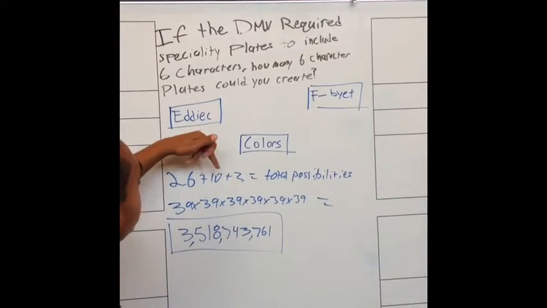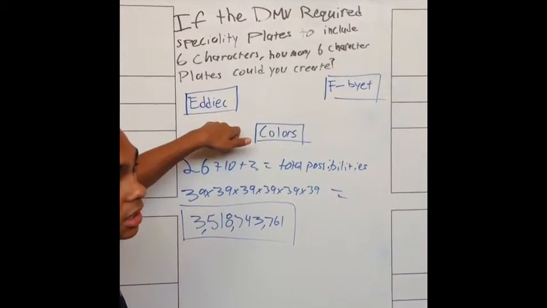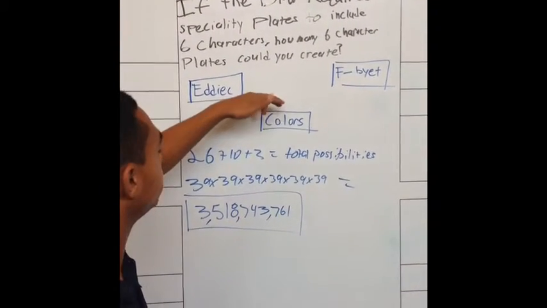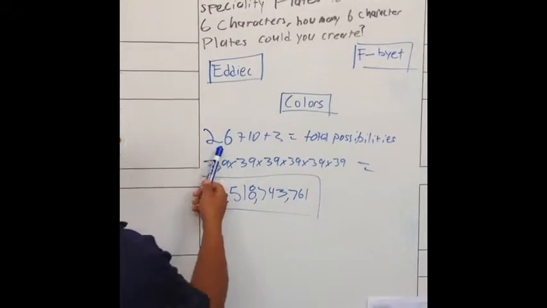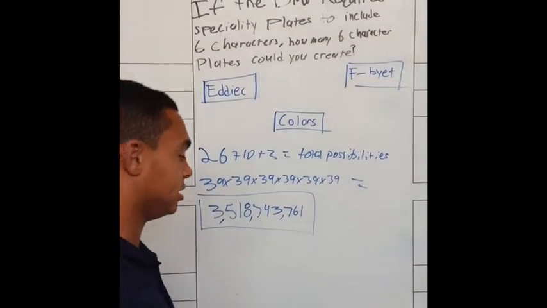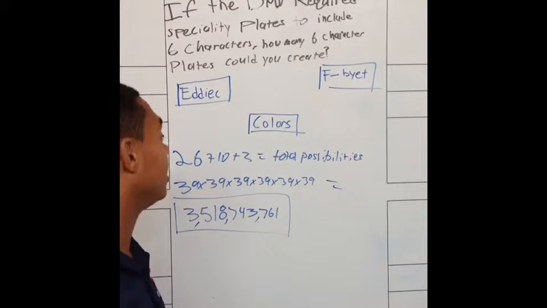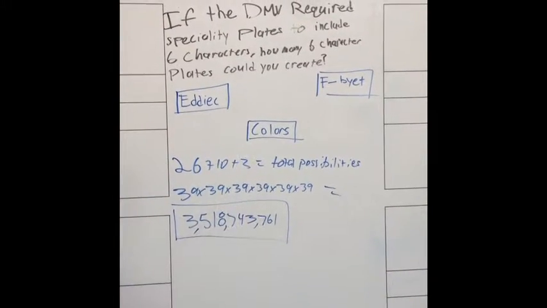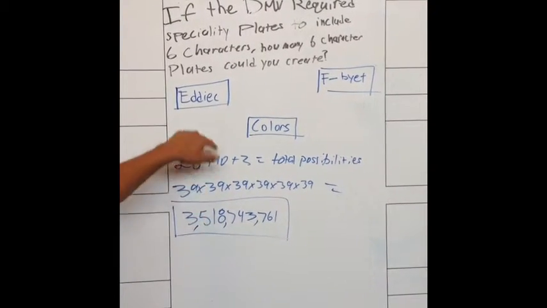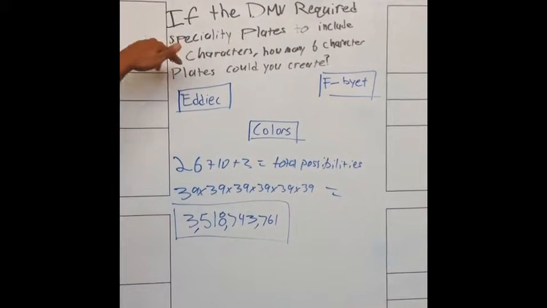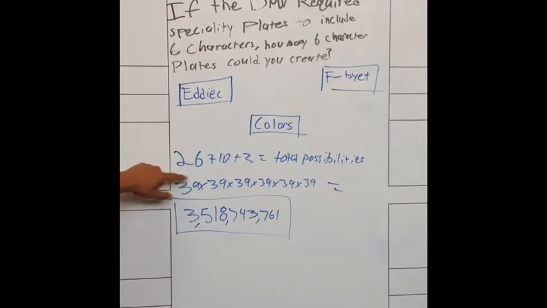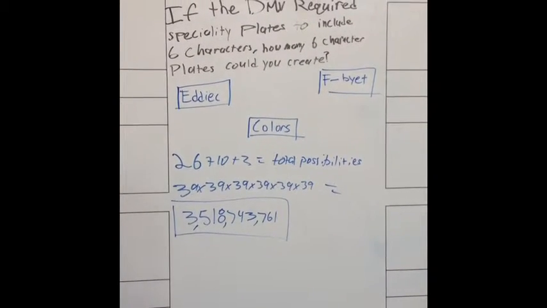You can have 10 numbers, and 26 is there because it's just there. 26 plus 10 plus 3 is going to give you 39. And so it's asking how many 6-character plates you can create. You multiply 39 six times, and that should get you